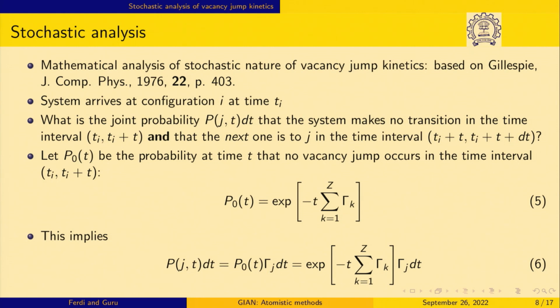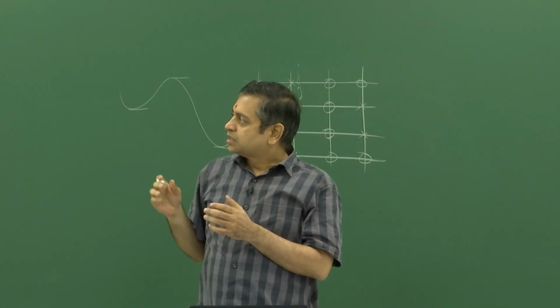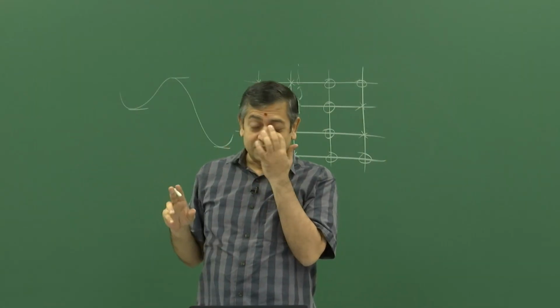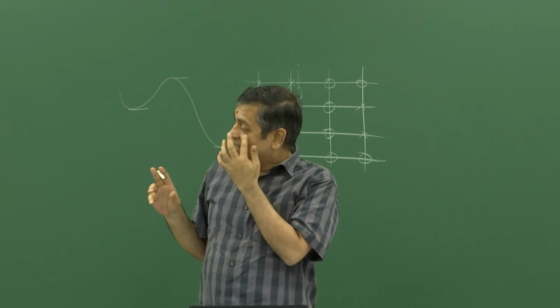So, what is it that we are looking at? Let us say that the system arrives at configuration I at some time t. It is going to stay in this state for some amount of time, and then it is going to make a transition to one of the states that is available. What we want to know is the joint probability, called Pjt,